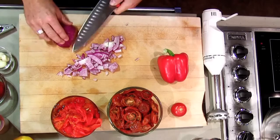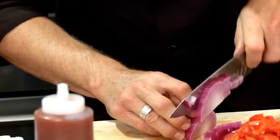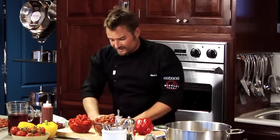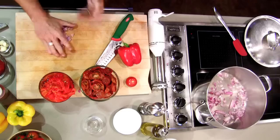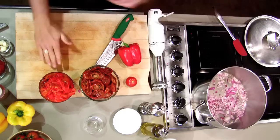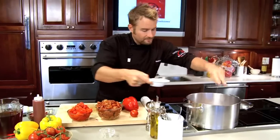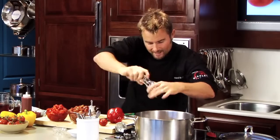There's nothing like a homemade ketchup. And because we're using Windset Farms, the flavor of these peppers and these tomatoes are just spectacular. They're going to add such an interesting, unique complexity to this basically pretty simple condiment. Throw in our peppers, a little bit of salt, a little bit of cracked black pepper,